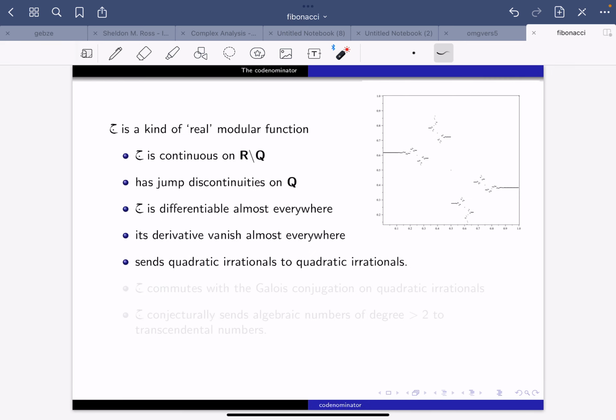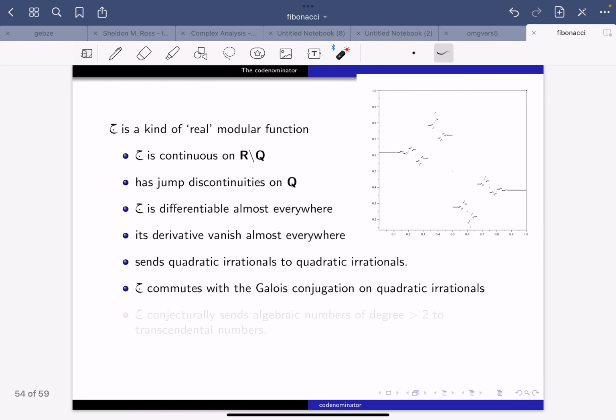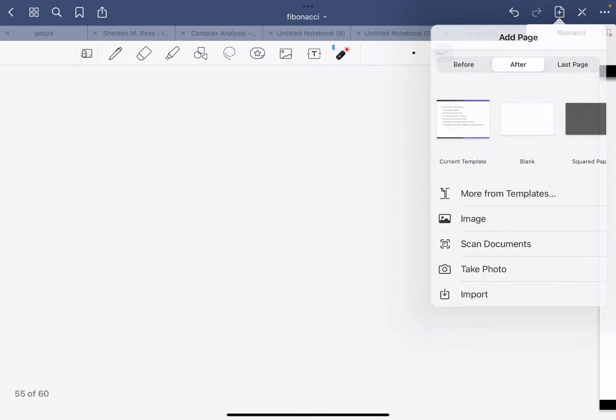And this function also, it is again straightforward to prove from the expression for Jimm x, where x is given in the continued fraction form, it is easy to show that this involution sends quadratic irrationals to quadratic irrationals. And Jimm also commutes with the Galois conjugation on quadratic irrationals. This says that